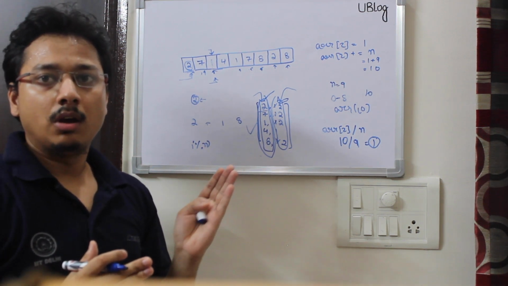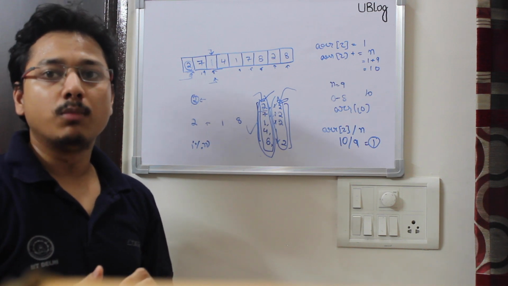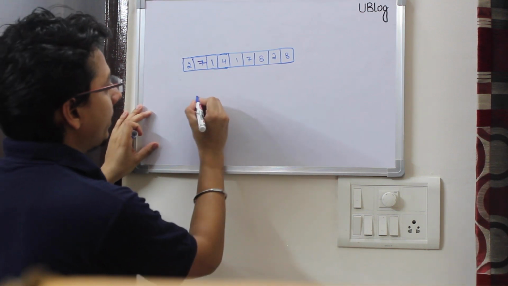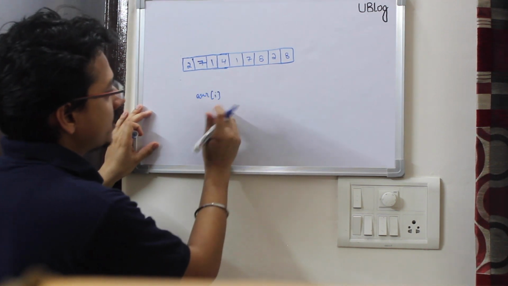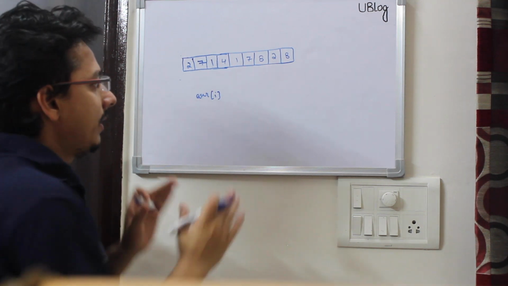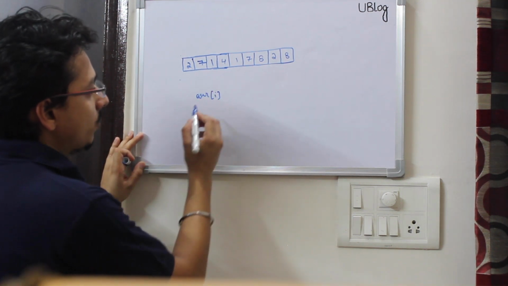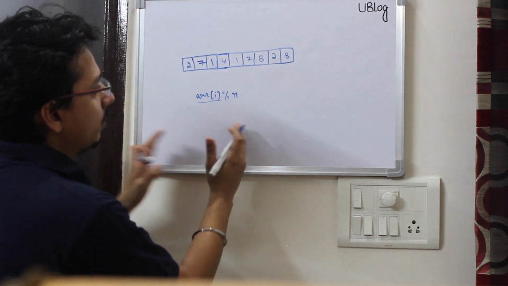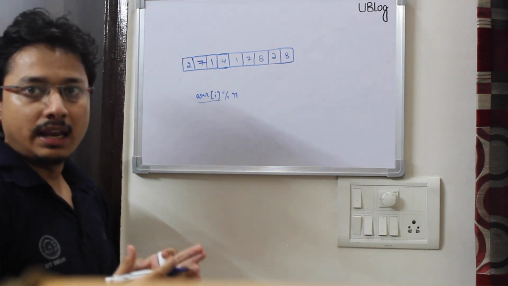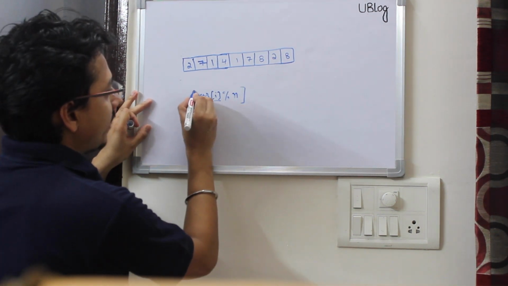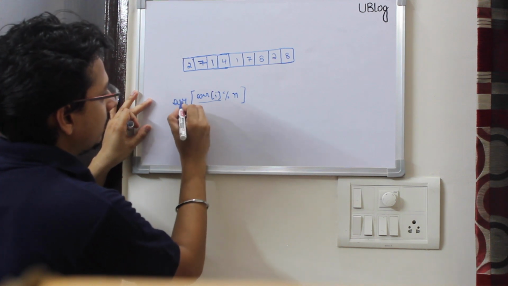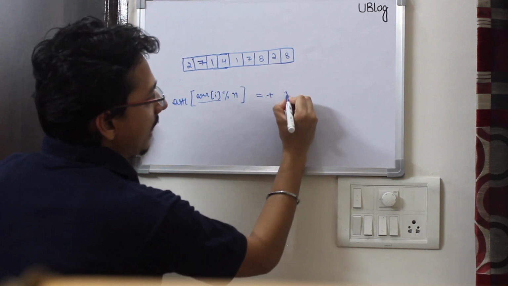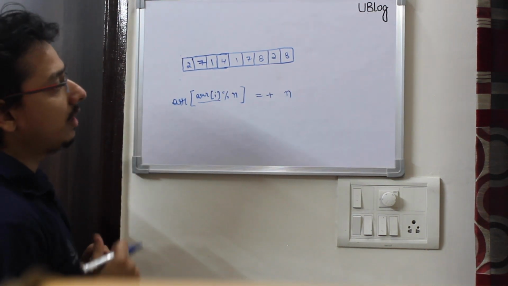Let's dry run the solution on our array and try to understand it more. First, let's write the formula. At every index, we go to array of I, so my loop I runs from 0 to n minus 1, covering every possible value of I. I find the value of array I, do a modulo by n, because we are incrementing the values by n, and find the value at that point. Then I add n to it. So this is the formula I am using.